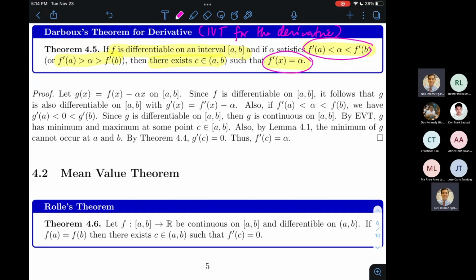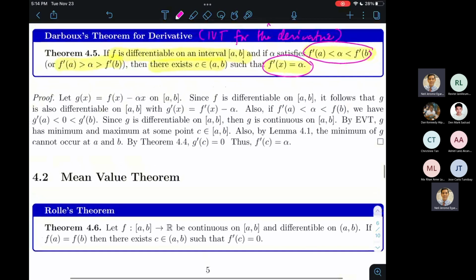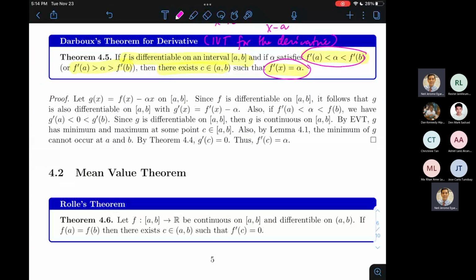So let's look at the proof of Darboux's theorem. It is not that difficult because most of the work required for the proof was already done in lemma 4.1. Okay? Yun yung purpose ng mga lemmas kasi. So sila yung nagpapadali dun sa proof ng mga major theorems. The proof of those lemmas could have been absorbed inside the proof of the bigger theorem, but mas elegant na nakahiwalay na lang siya. Especially if that lemma can be used for other results. Okay, so let's take advantage. Let's see how we can take advantage of that result.